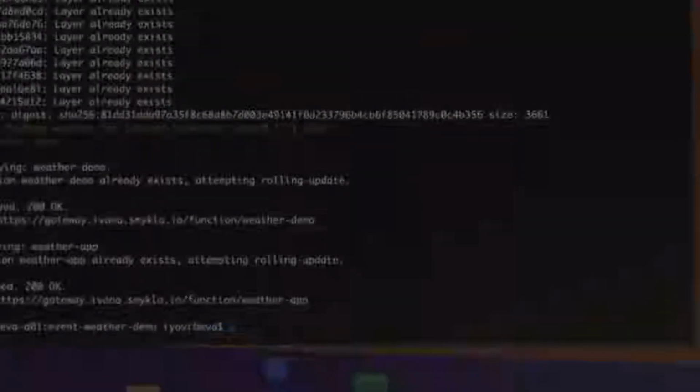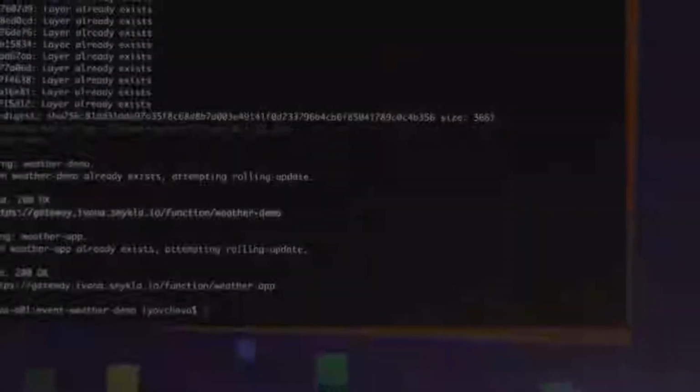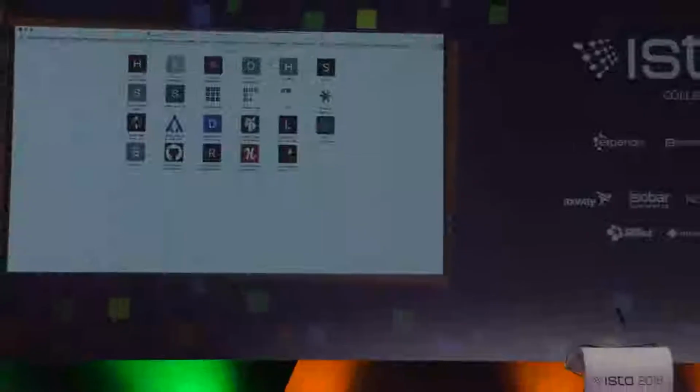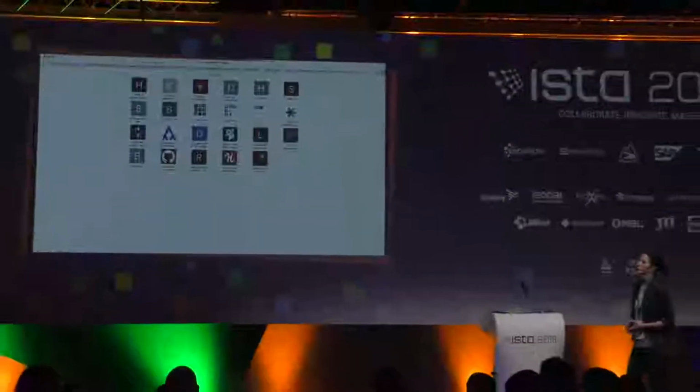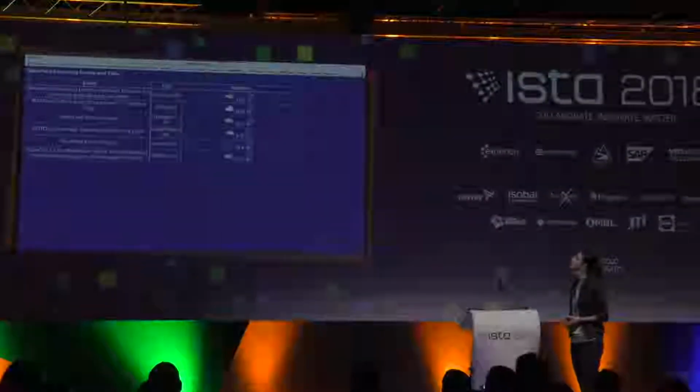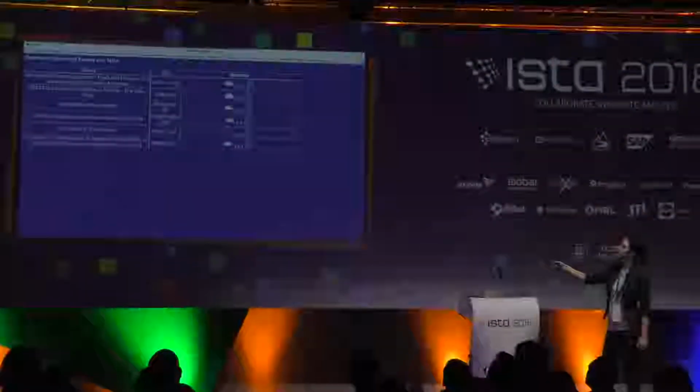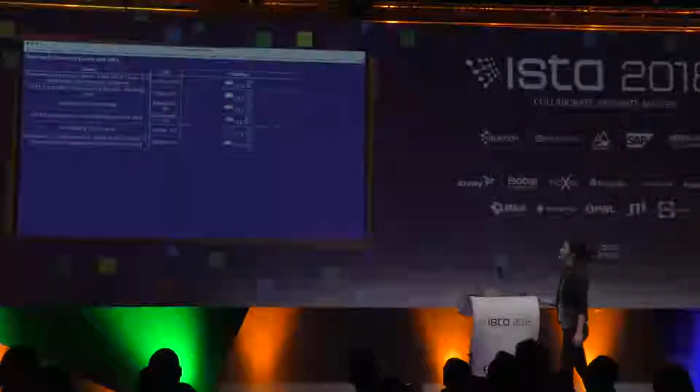And the other function has events for OpenFaaS, and it says about the town where events are held, what the weather is going to be. So we copy the gateway to the function URL, and then we open it in a browser. We can also invoke it from the command line, do whatever we need. And this is what the function outputs.